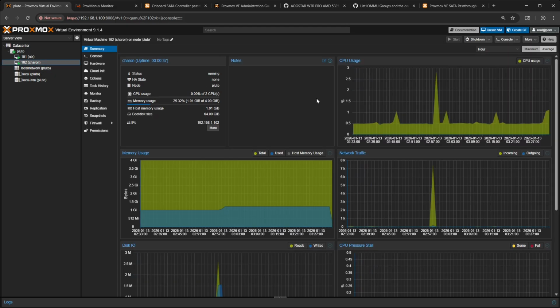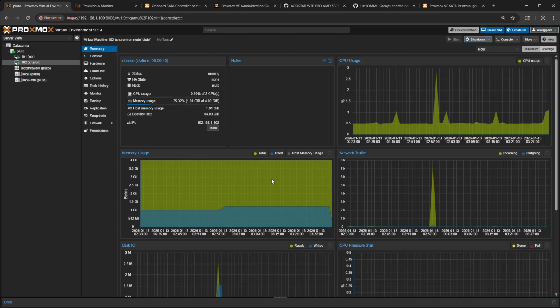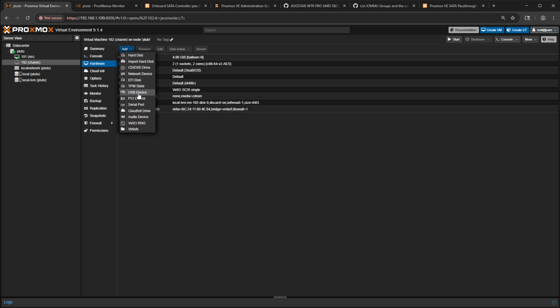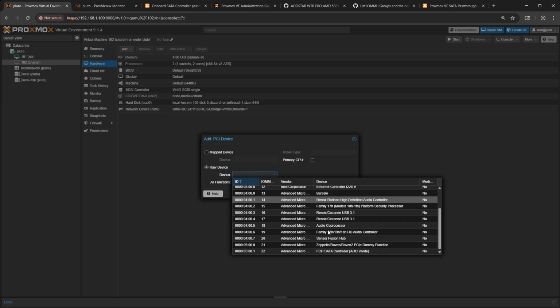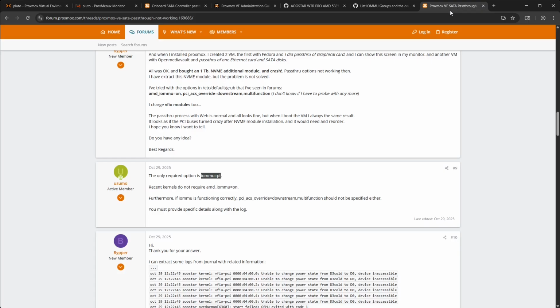Now, before I pass through the PCIe controller, I need to stop this VM because it should not be done when the VM is hot. All right, VM is off, and I go into hardware, add, and I choose PCIe device, raw device, and I will use SATA controller. And I will make sure that I'm not choosing all functions because